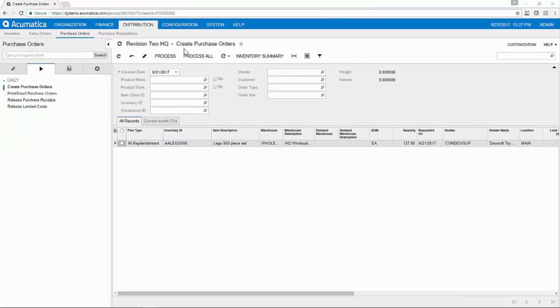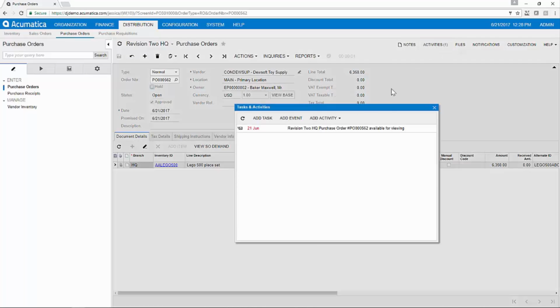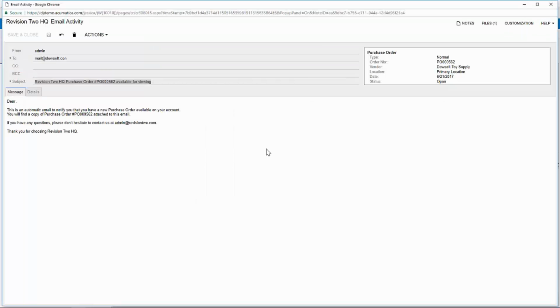for replenishment. From the Create Purchase Orders screen, I'll now have all of the purchase orders automatically prepared for me that are ready to be replenished. Confirming my default vendors and quantities, I can now process the PO. The purchase order can then be emailed to the vendor. The email will appear on the activity log from my PO record, and I can customize this email to fit